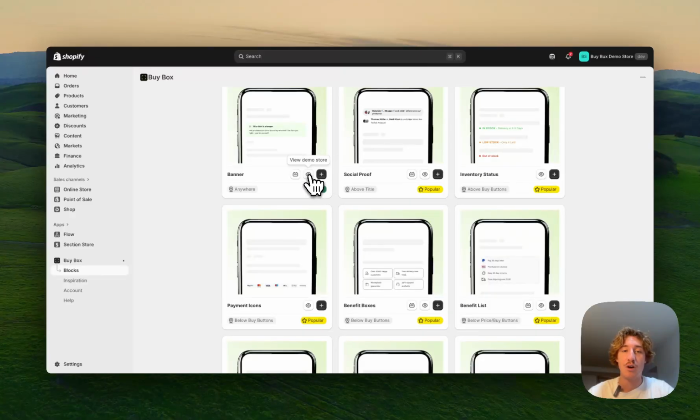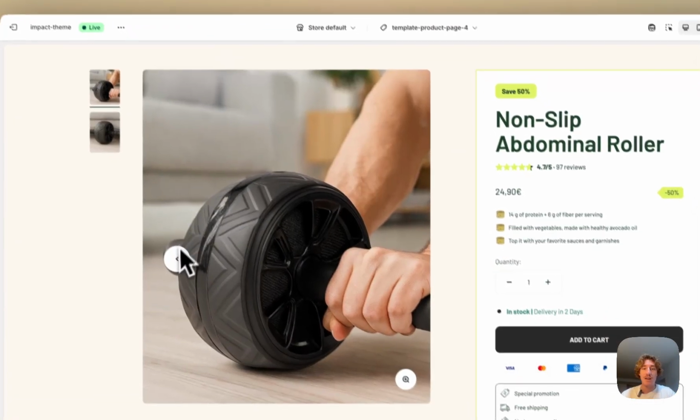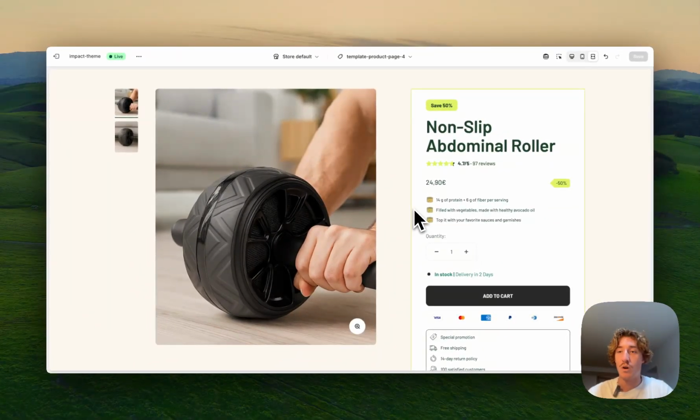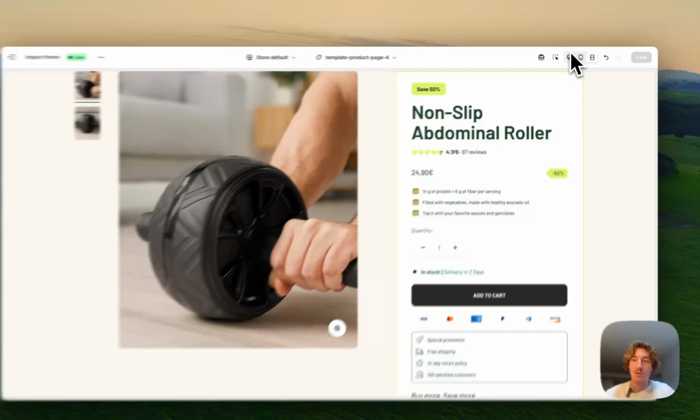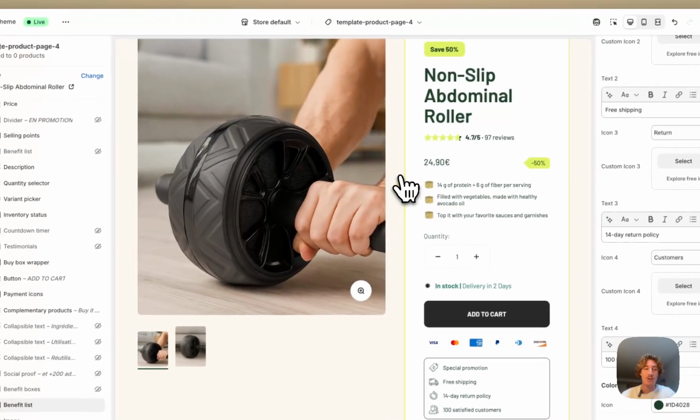You can have a little preview of the block, how it looks like in an actual store, but I'd say we get right into it. There's also another way how you can add them, and I'm going to show you that one now. So if you clicked the plus icon, it will automatically get added to one of your default pages. So usually it is the main one, but if you just want to add it on the go, you can